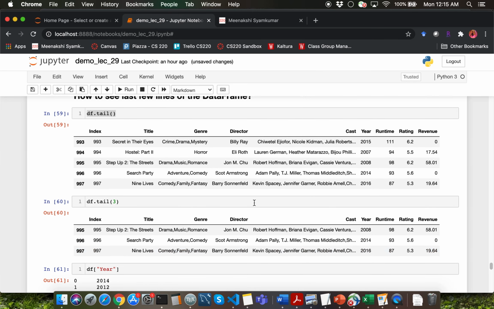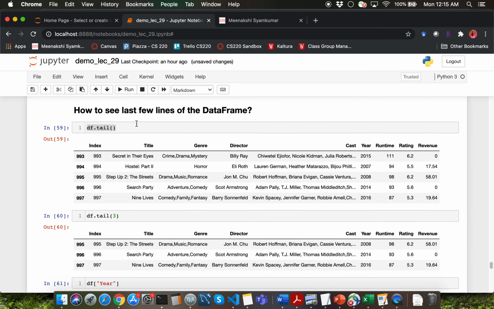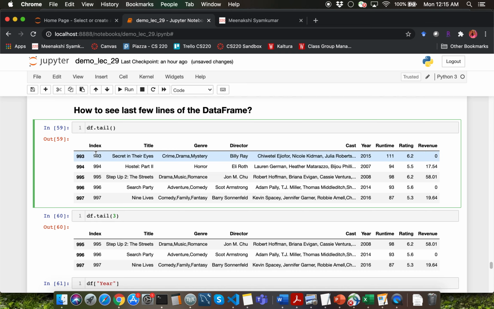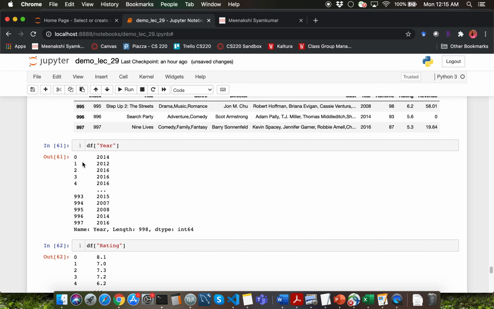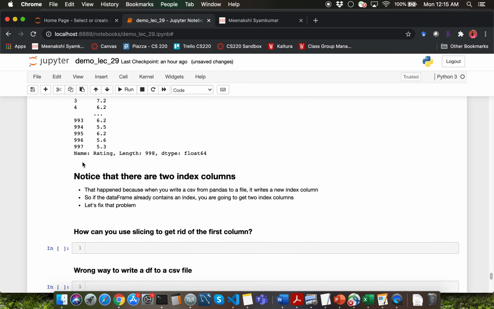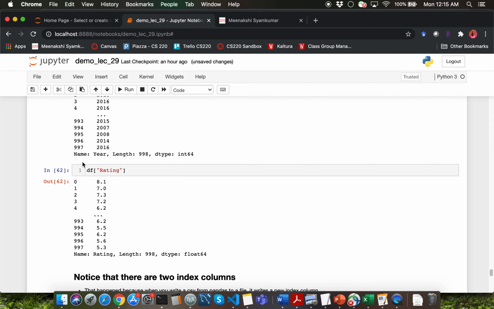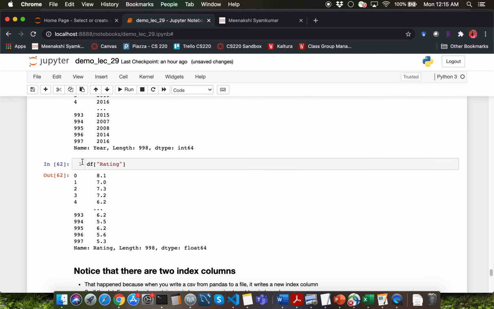If you had really sharp eyes, you would have noticed that there is something weird about this particular data frame. I have an index column over here, and I also have the exact same value as part of the row index, right? So why exactly is that the case? That happened because I used the incorrect format to write the data from this data frame into a CSV file. So I'm going to show you how to fix this particular problem right now.